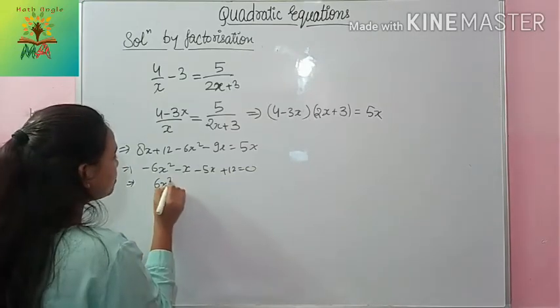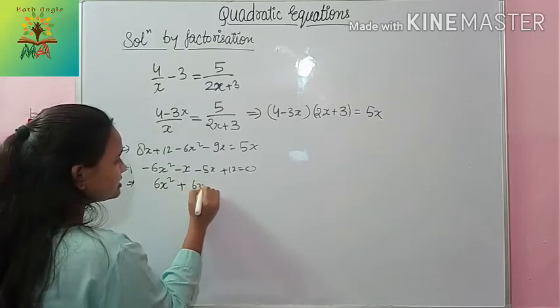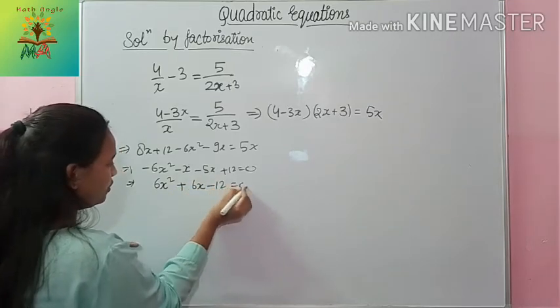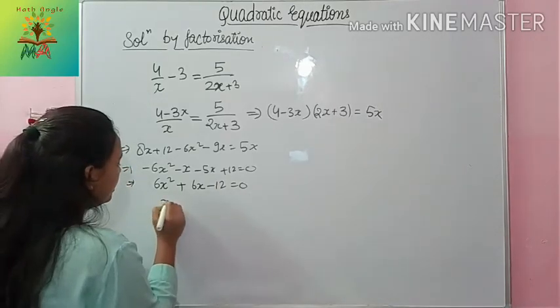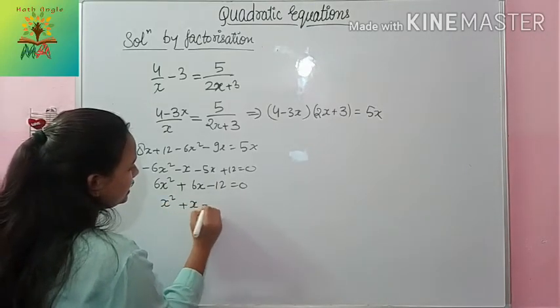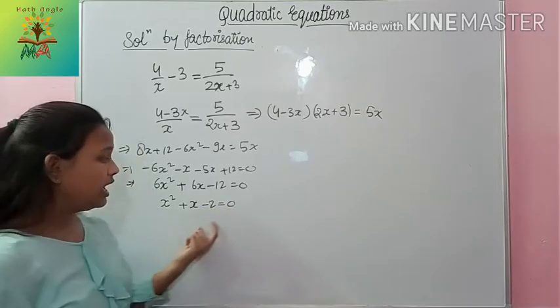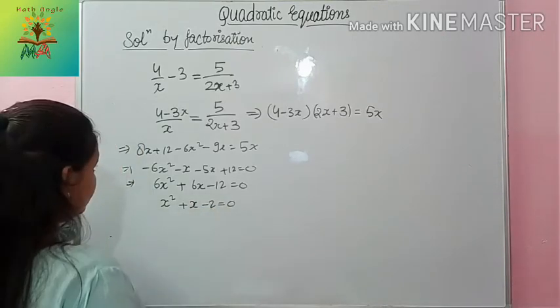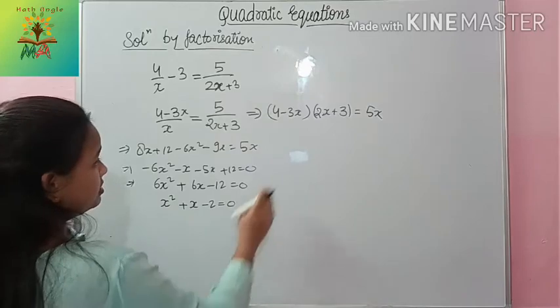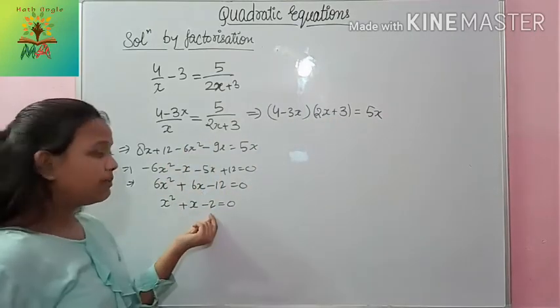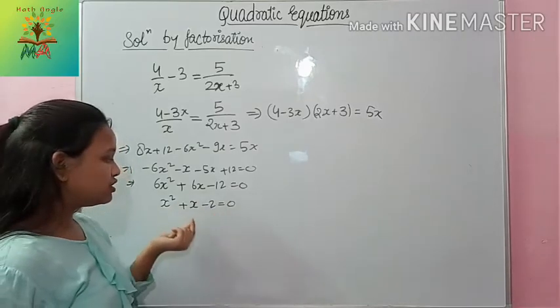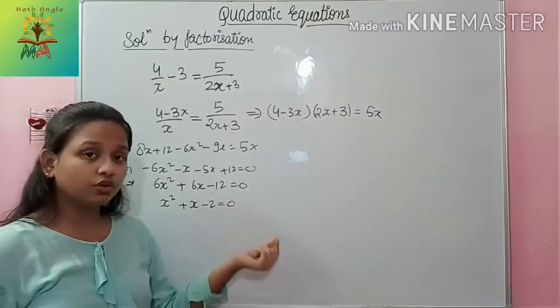So 6x square plus 6x minus 12 is a 0. या फिर मैं 6 को कॉमन लेके 0 कर दूं. सो एक्स स्क्वायर प्लस एक्स माइनस 2 इज अ 0. आई थिंक 4 3 इज 12. हाँ, सो अब मुझे चाहिए 2 के ऐसे फैक्टर्स सो दैट उनका प्रोडक्ट तो 2 हो